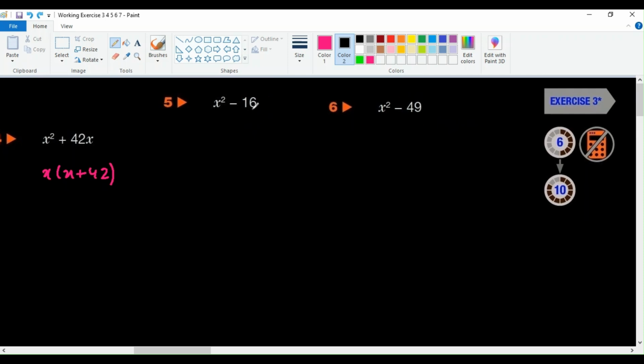Okay, and the root of 16 is 4 and the root of 49 is 7. So straight away you can see that this is the square of 4 and this is the square of 7. So you will simply write x plus 4 in one bracket and x minus 4 in one bracket. And always remember that, for example, if you have